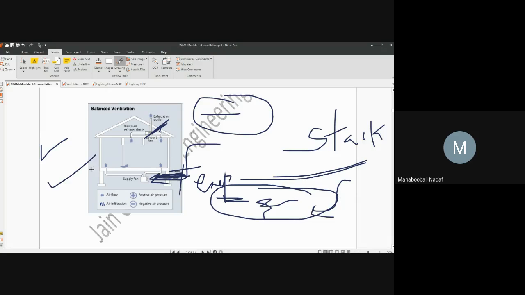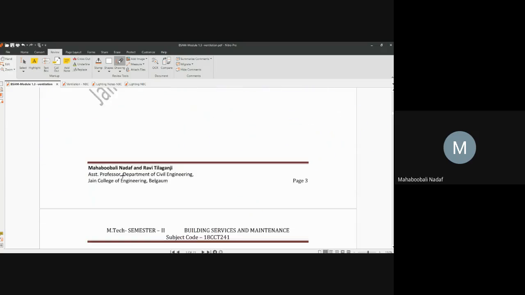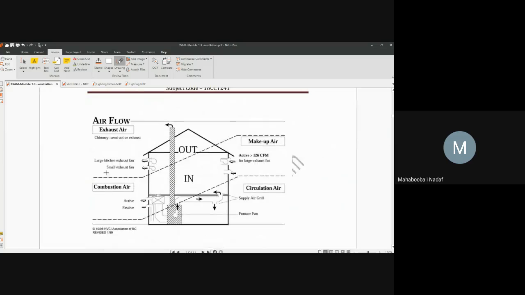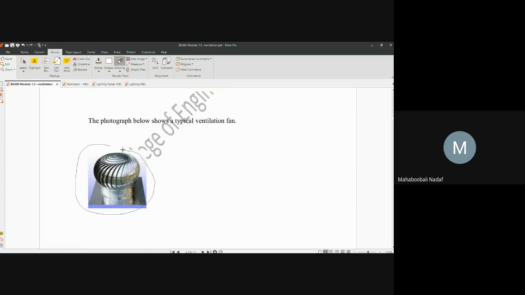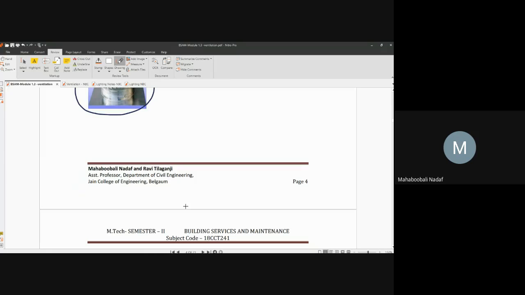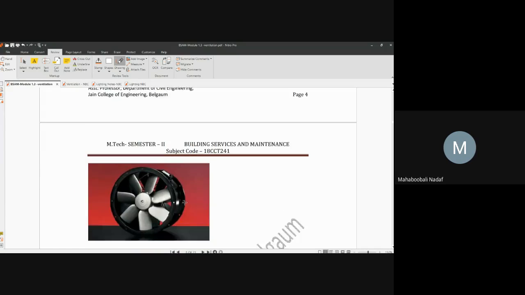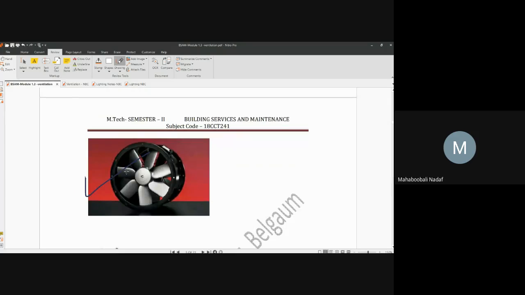This is what we call balanced ventilation. Here, multiple systems are used. Entry can go to the other compartments, and exit also can be controlled through many compartments. It's a combination. These are called exhaust fans, which will have a passage for used air to go. This is one typical exhaust fan, which is creating a negative pressure at the outlet, negative pressure at that zone.